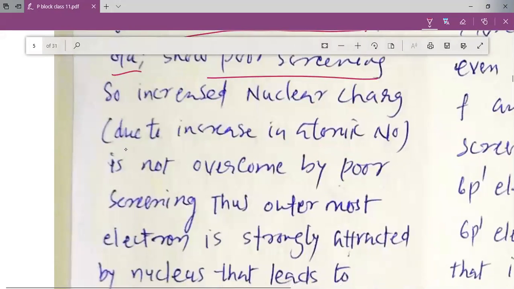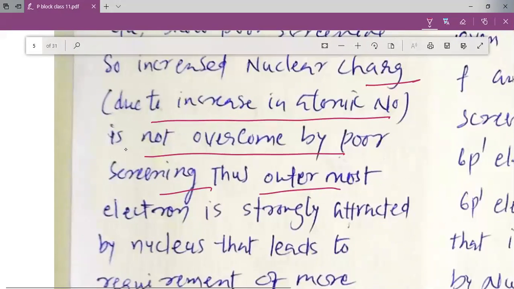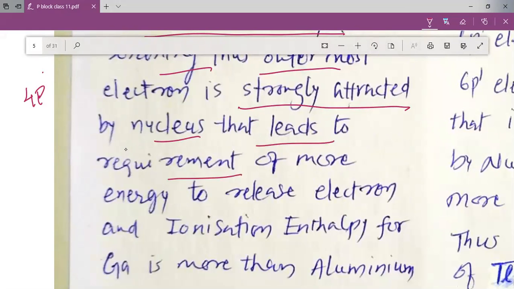So the increased nuclear charge due to the increase in atomic number is not overcome by poor screening. Thus the outermost electron is strongly attracted. Thus the outermost electron which is filled into the 4p, my dear students, is strongly attracted by the nucleus, that leads to requirement